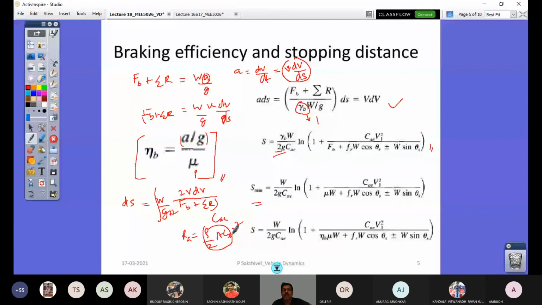This CAE is this factor. So add that also here, CAE, and put it down also as CAE. So that is how this comes. And whatever is there in the denominator, its derivative is there in the numerator. So your integral becomes easier.